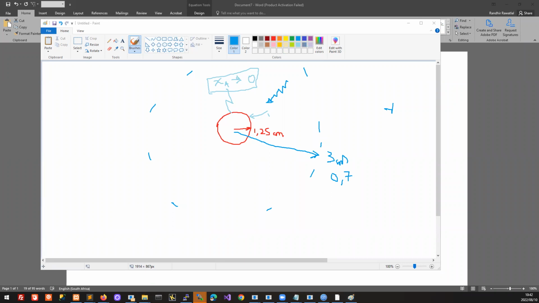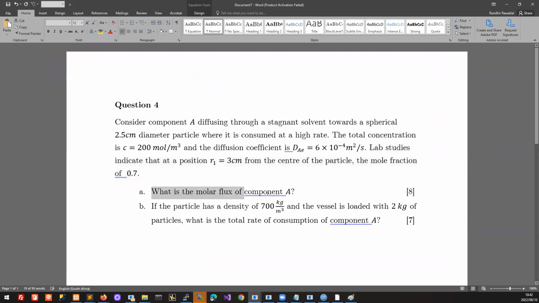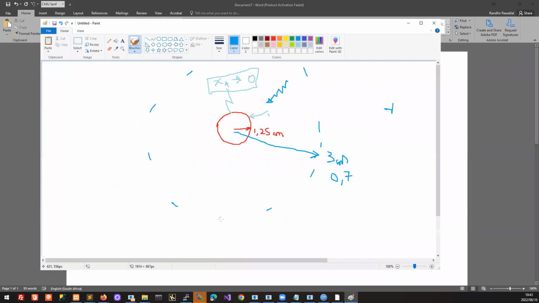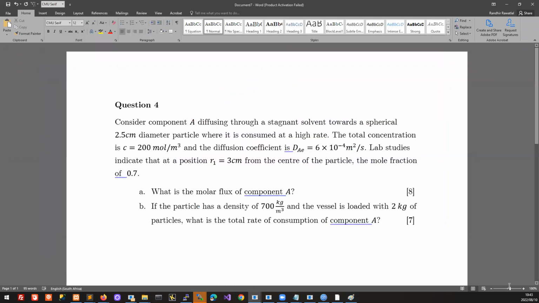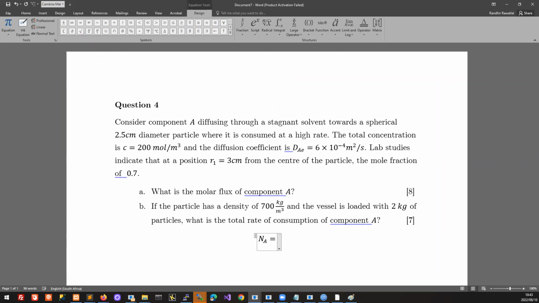And then next, we have to look at, well, we are asked about the molar flux of component A. So, of course, we have our usual molar flux expression. And so we can write here that the molar flux of A is equal to minus C D A, and we are calling it E, the effective diffusivity, times del of XA. And we are going to just treat that as a